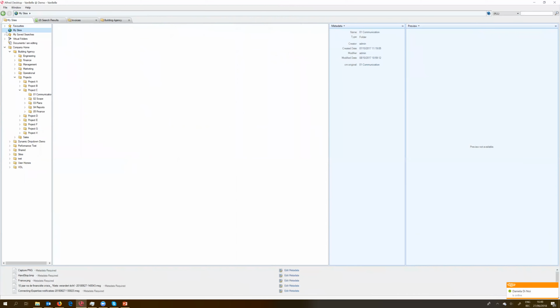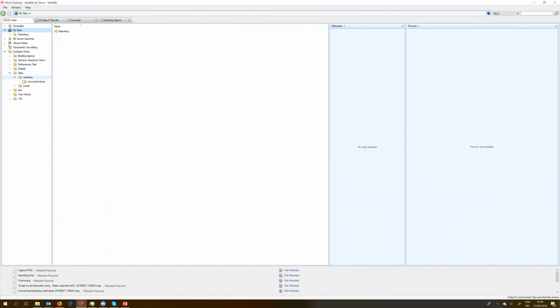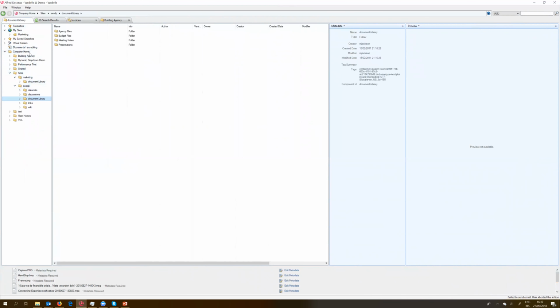My sites, you can navigate to the sites, the shared sites of Alfresco. If you do so through the standard repository, then you have to drill down a few levels before you get to the document library. And to do so, yeah, you get to here. If you are an explicit member of a